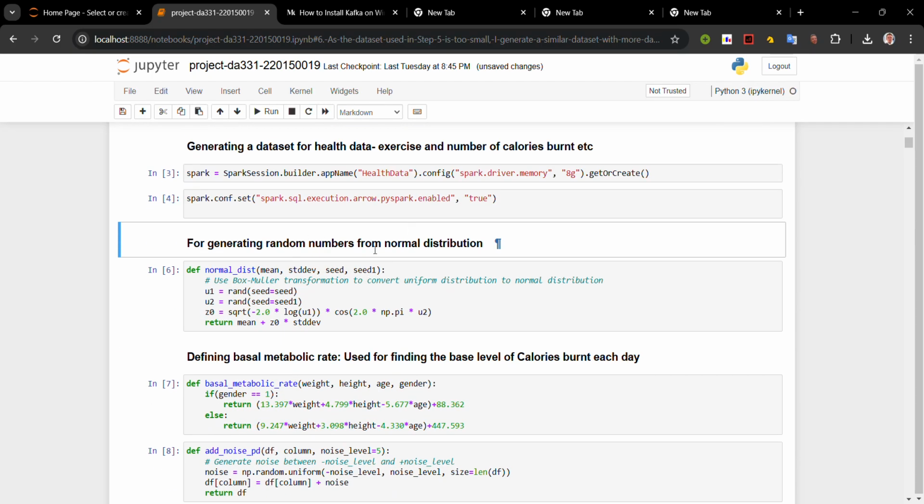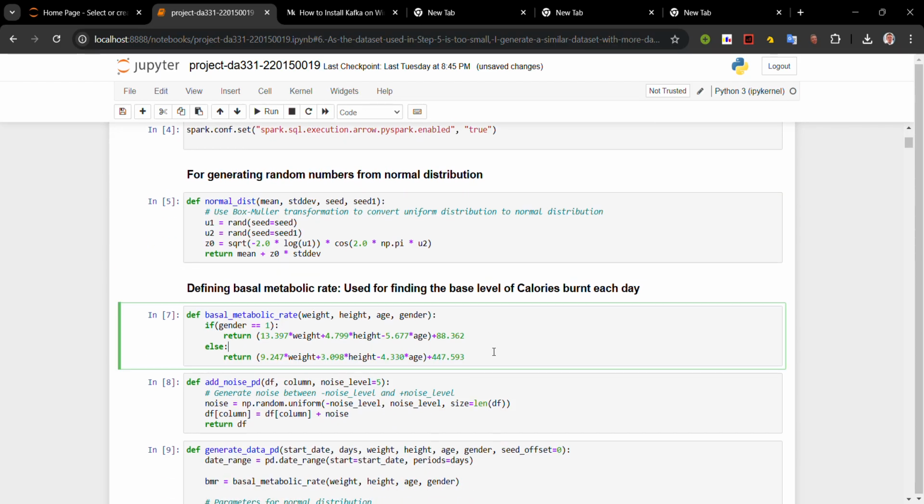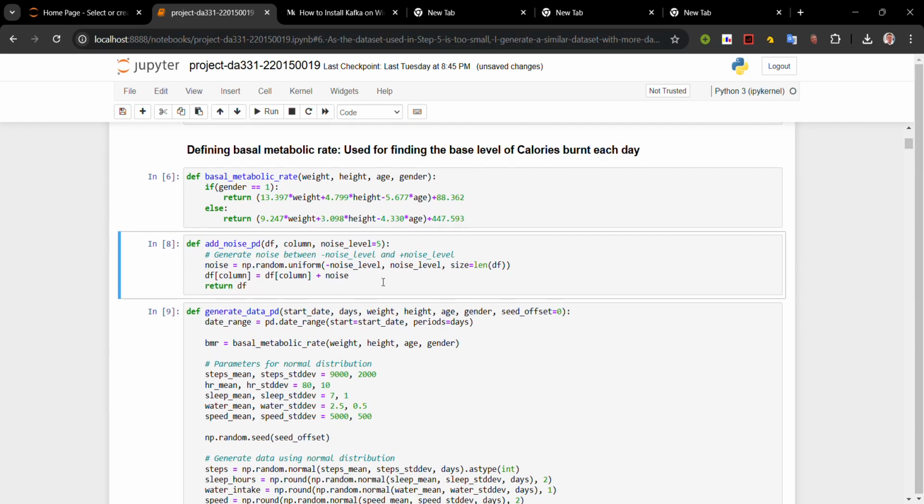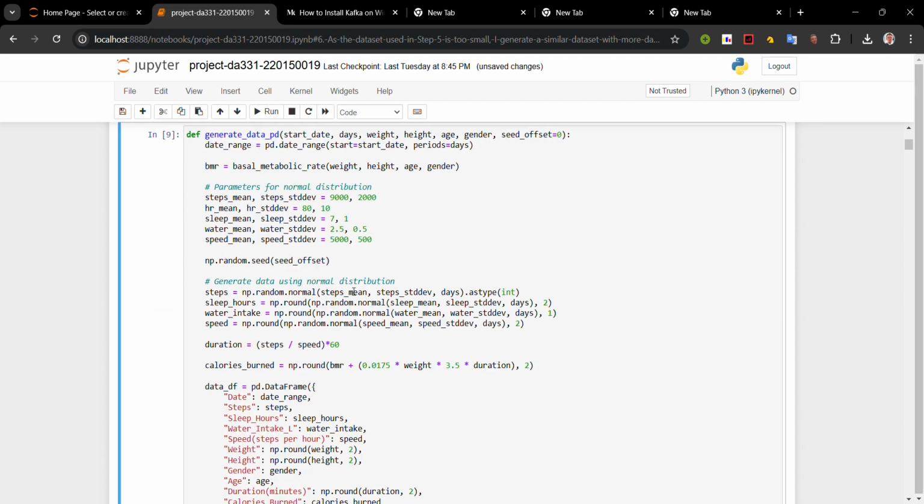This function is used to generate random numbers from normal distribution using the Box-Muller transform. This is the baseline metabolic rate, which is used for finding the base number of calories burned per day. And then this function is used to add some noise to the data. And now I'll generate the data where the number of steps walked,